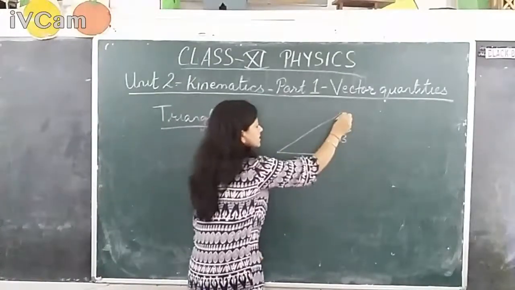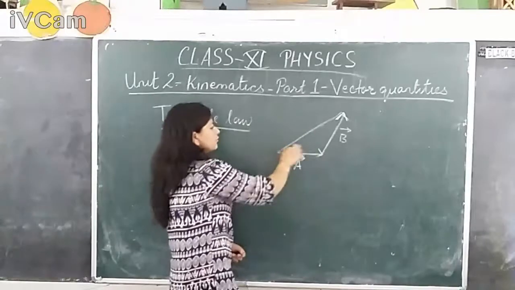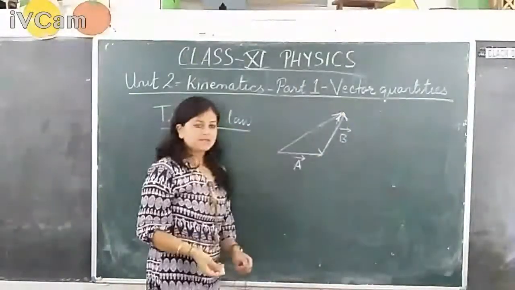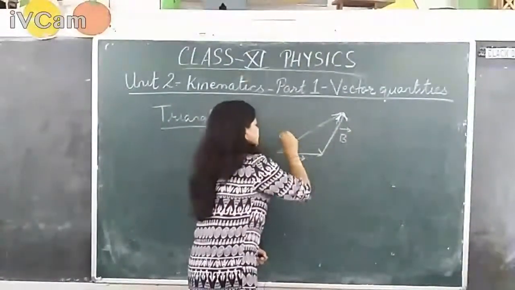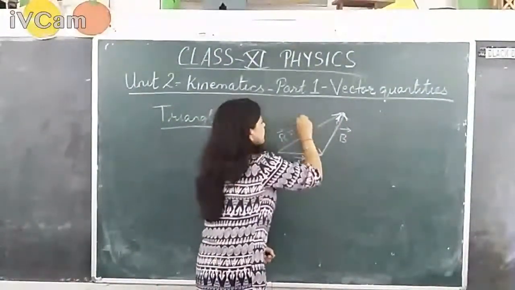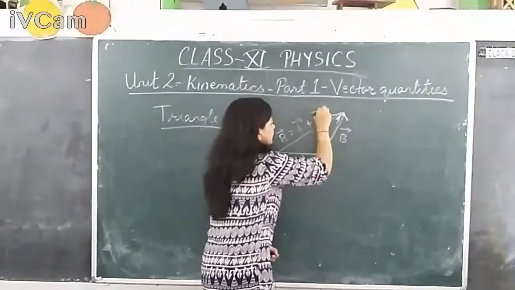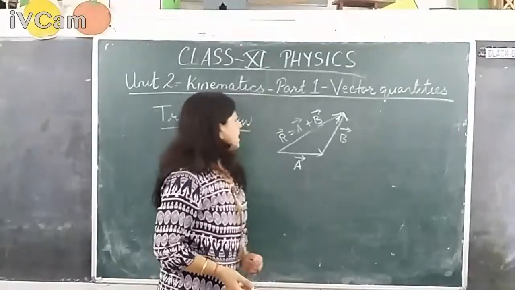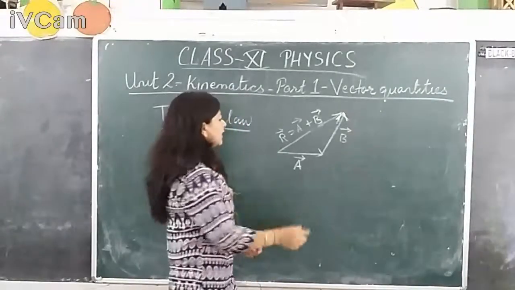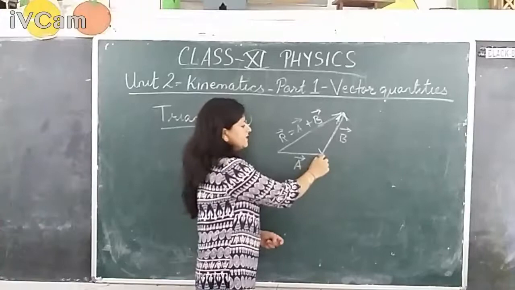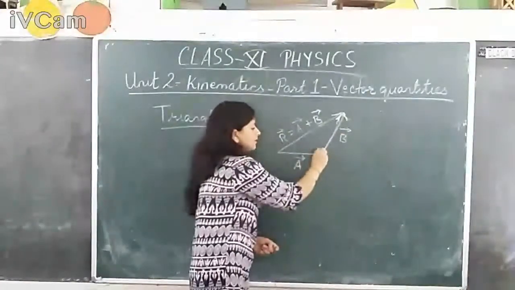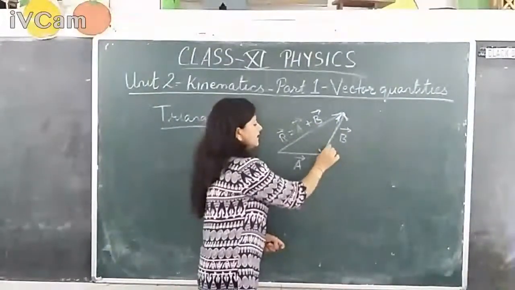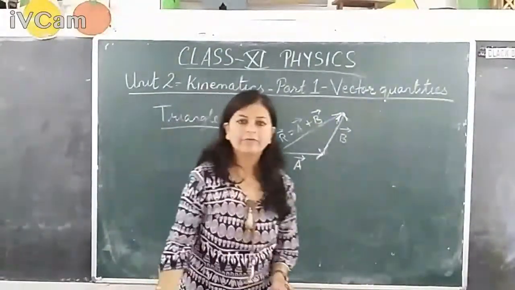So had I done this and drawn the arrow here, this would be in the same order, but if I draw the arrow, it happens to be the opposite order, and this is my resultant, which is nothing but the addition of A and B. This is how you apply the triangle law of vector addition. And when do you apply this law? When the tip of the first vector coincides with the tail of the second vector. This is the tip of the vector and this is the tail of the second vector. They are coinciding. This is when we follow the triangle law of vector addition.